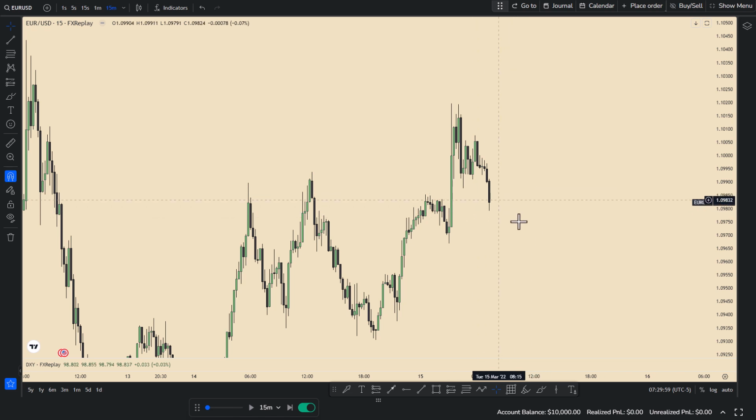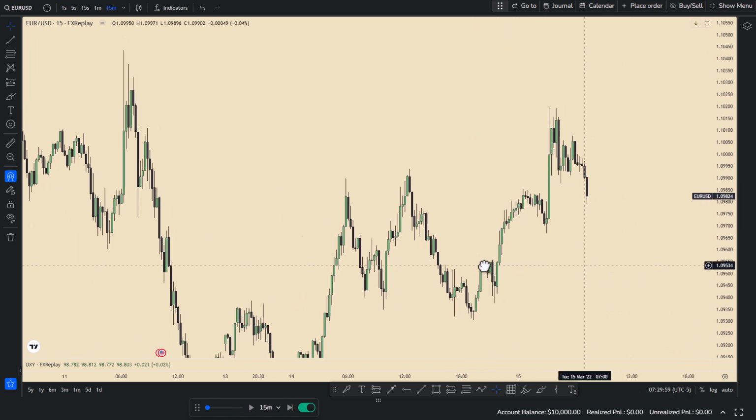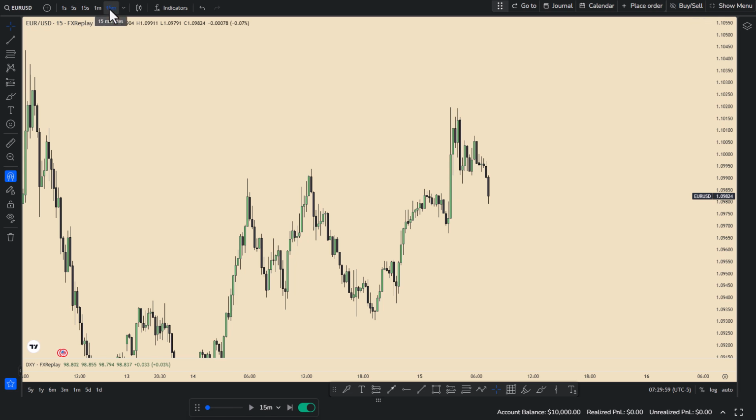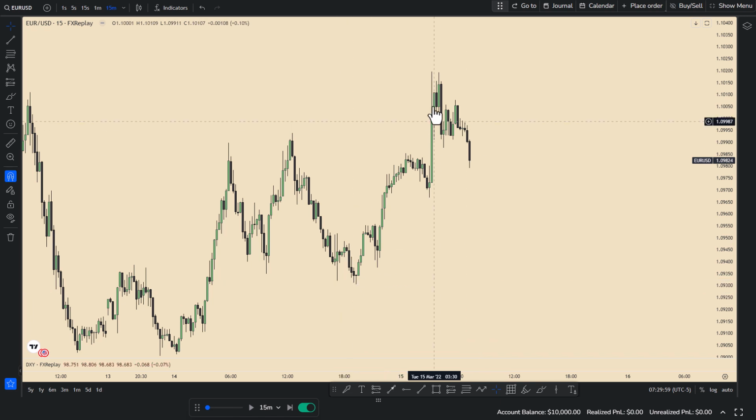All right, so suppose we are here, New York session, and let's take the 15-minute as the higher time frame. We're gonna go to the 15-minute and we're gonna try to figure out whether price wants to go to the previous low or the previous high. Which one is more likely? All right, we want to take the low hanging fruit, make a prediction based on that, the nearest low or the nearest high. We don't want to target this or maybe this. No, just the low hanging fruit.